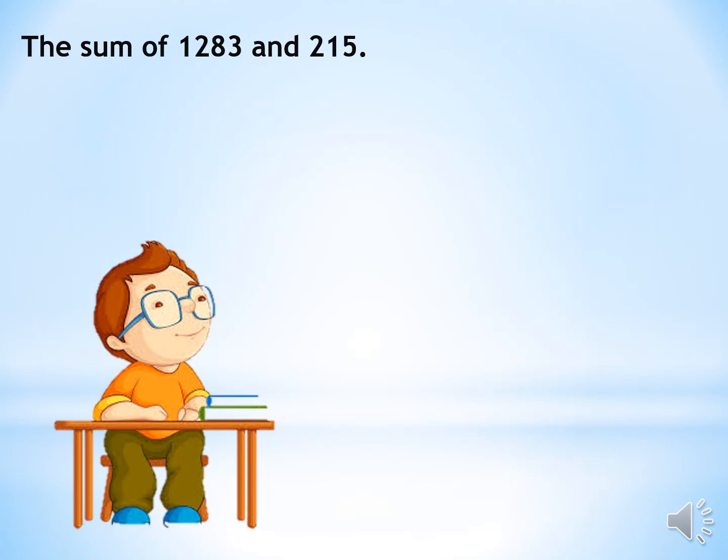So, without finding the answer in that way, this way even we can get the answer. See, firstly, we have to write the numbers to be added in this way. Now, we can start adding them. Firstly, what do we add, children? Yes, we know we should add the number of ones altogether. So, here we can see there are 3 ones and 5 ones. Altogether,